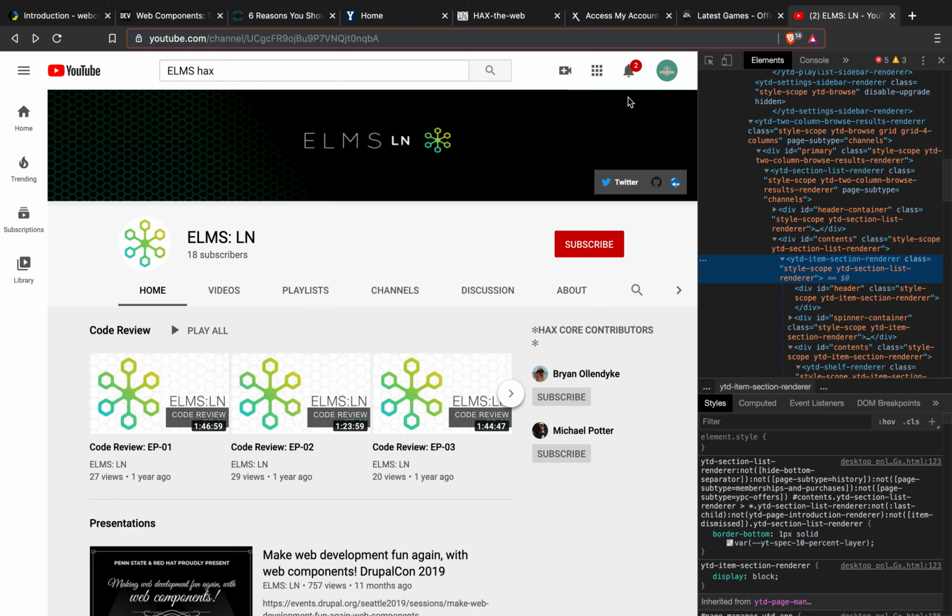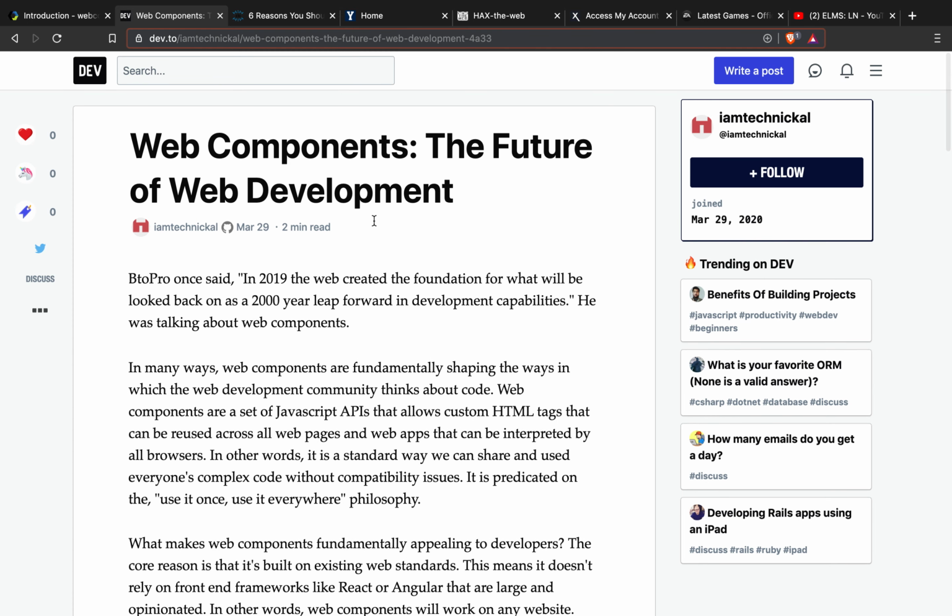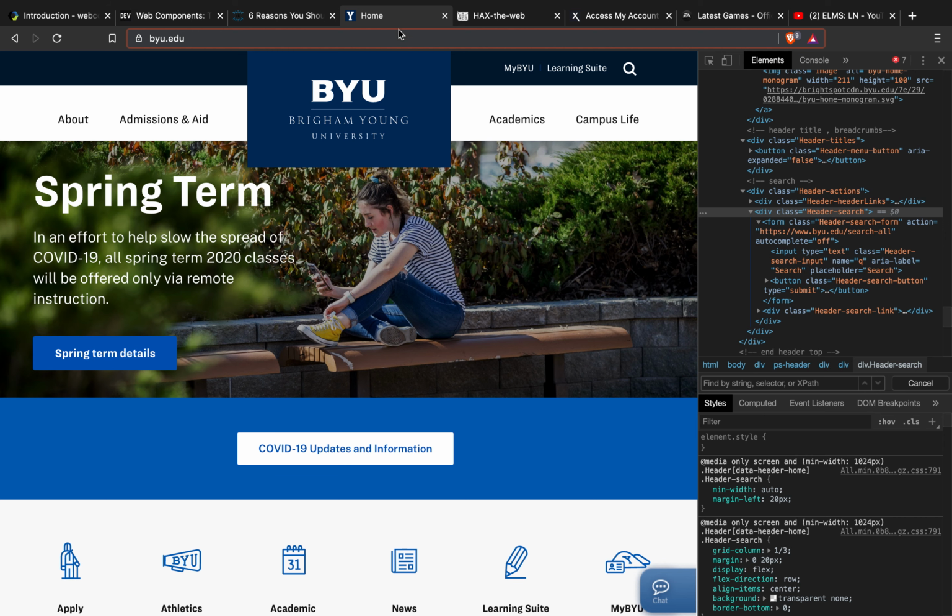All in all, I think web components are going to be the future for web development because it allows you to save time developing great looking web apps, and it also allows for design consistency. So for example, on this BYU website, you can reuse this header across all pages affiliated with the BYU university. So it's great because now you can create this development environment where developers can